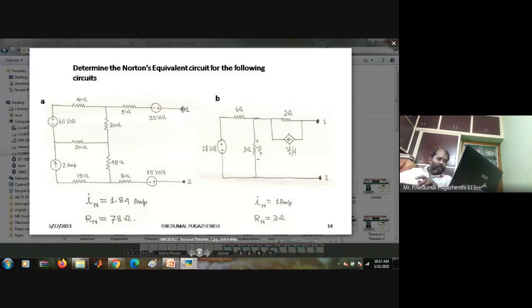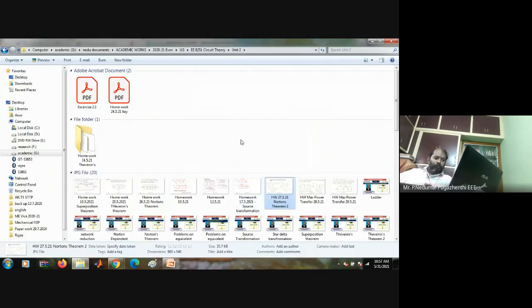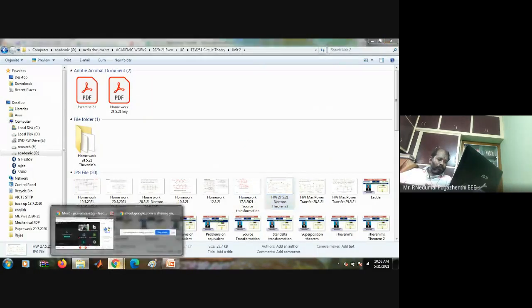I am interested in knowing the short circuit current IN and the total resistance, by removing the voltage sources and the current sources and finding out the total impedance, I mean total resistance. That is very simple. You can get these two values directly. Only the thing is you find it a little difficult in dealing with the dependent sources. Now I think I have solved it and you can go through that. You will get the answer. Any doubts? Hello?